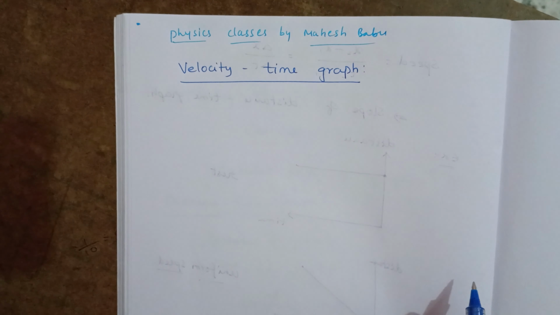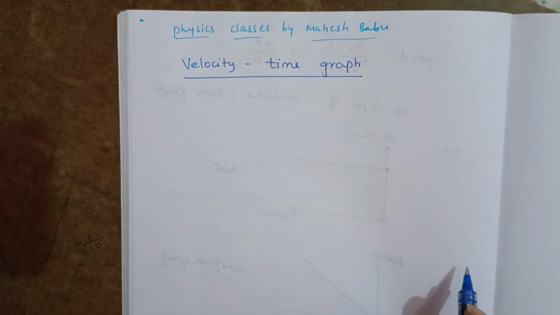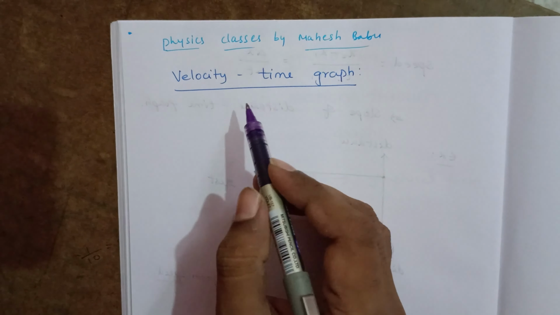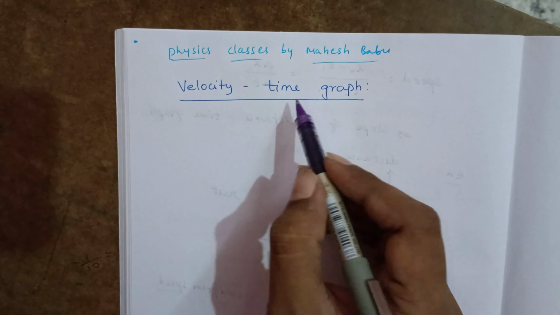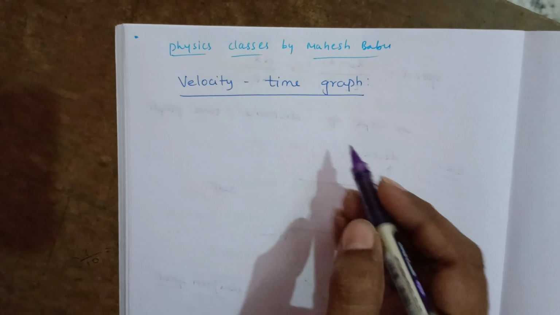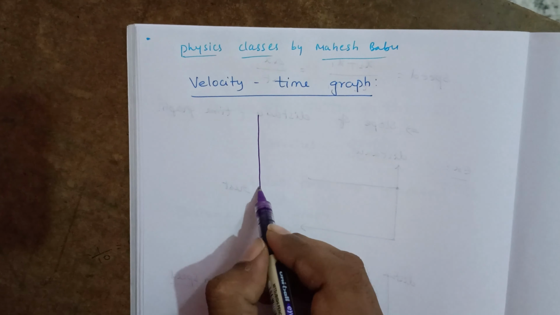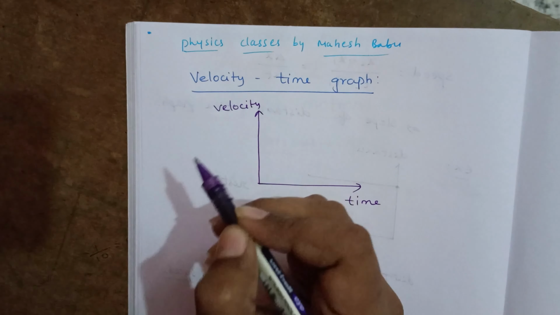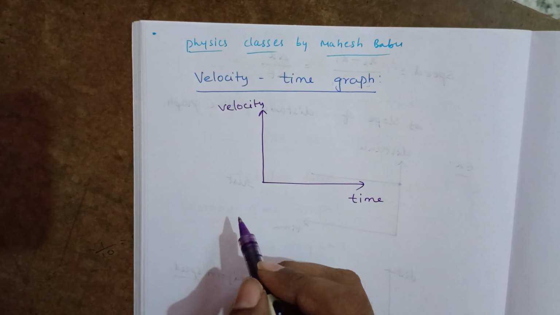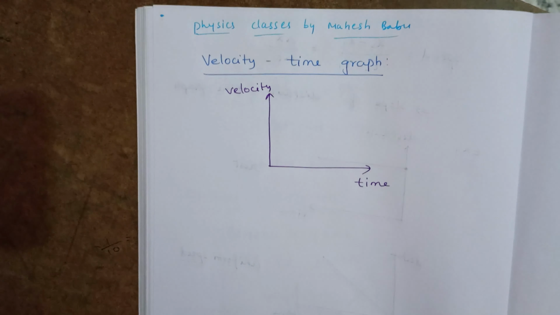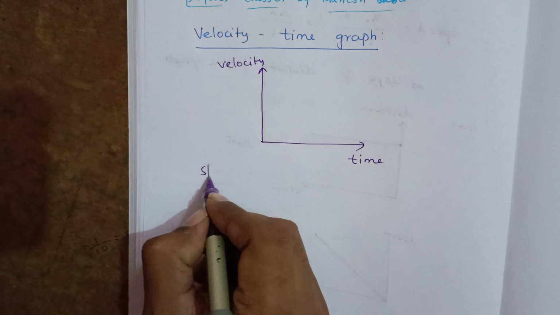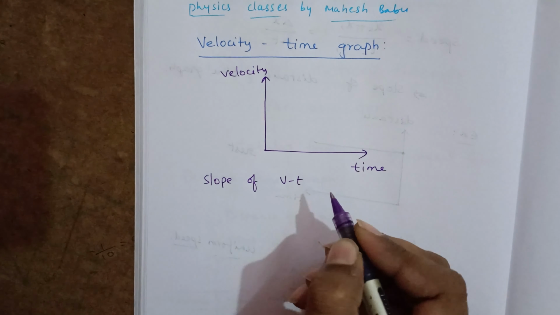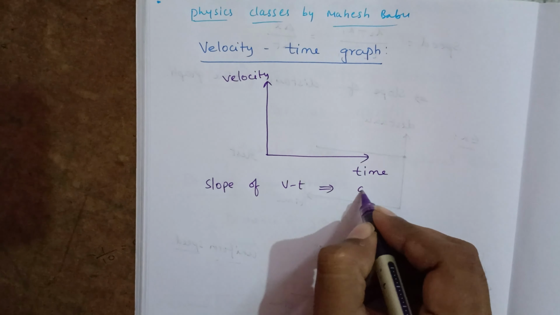Now the next one, the velocity time graph. As we saw previously in the distance time graph and displacement time graph, we always indicate time on the x-axis. Here also time is taken on the x-axis and velocity is taken on the y-axis. Now here the slope of the velocity time graph gives acceleration,